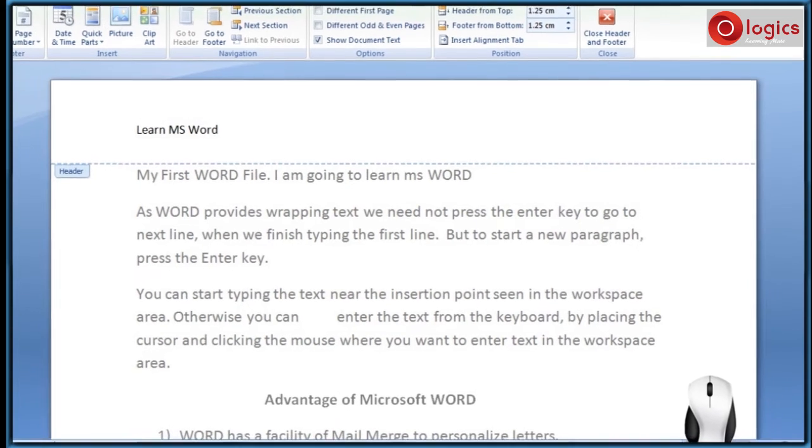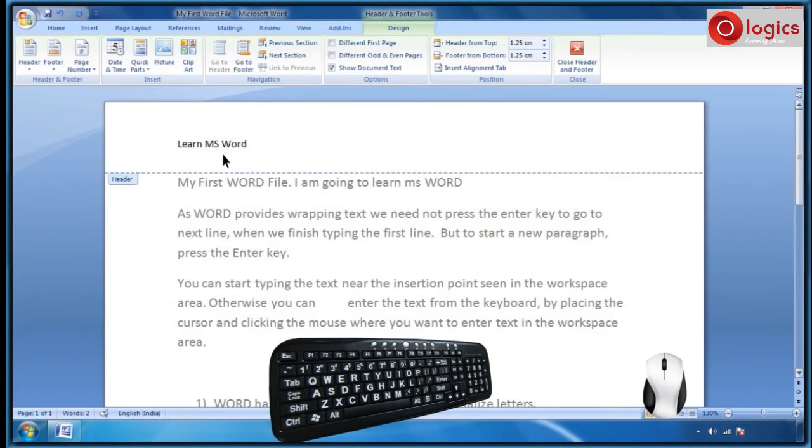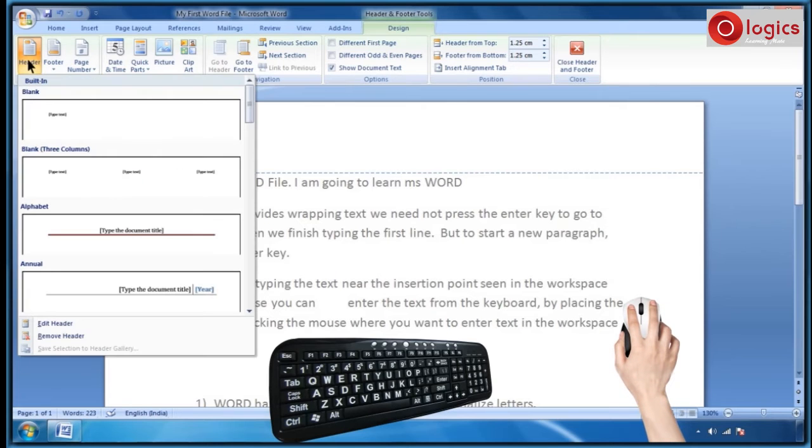Now I changed my opinion. I want to place at least 3 header informations. So I am going to select another header type.